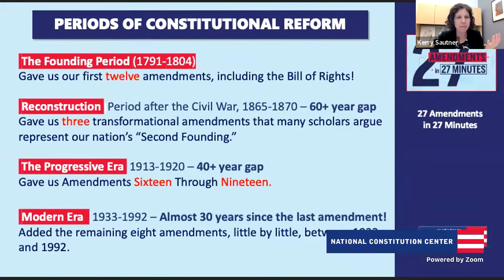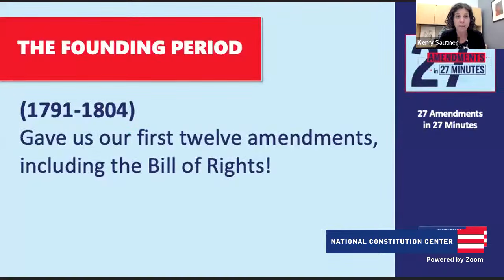And so when we think about this, we think about how these amendments transform and change the Constitution. So we'll start with the founding period and look at, probably the amendments people know the most, the first 10 amendments, part of this founding era. And what did they do? They just finished writing the Constitution, and then they add 10 really quickly. That's kind of crazy. So what do they ensure that the Constitution has in this first grouping?